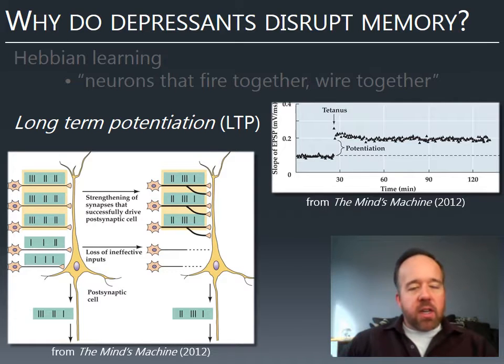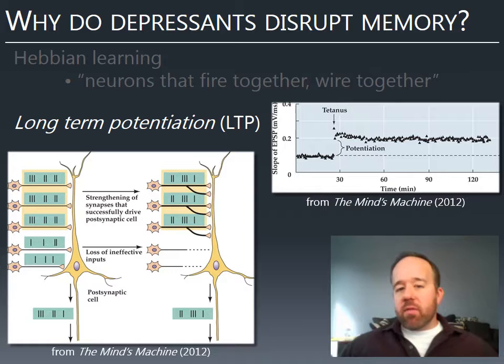Again, not going to go into the details neurologically, but the idea is that memory, the formation of memory in the brain, depends on activity in the brain, depends on patterns of activity. So if you use depressants to decrease the level of activity in the brain, it's going to be less likely that those neurons fire together. So you no longer have that correlation between one neuron and the other. You're not going to get those synapses strengthened. That postsynaptic neuron has no reason to become sensitive to the presynaptic one because they're not firing together anymore.